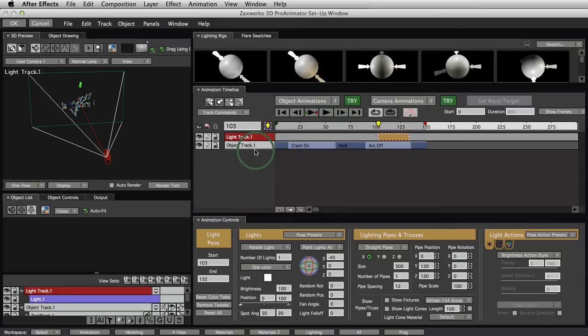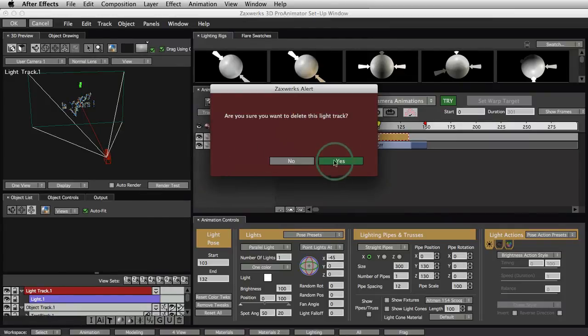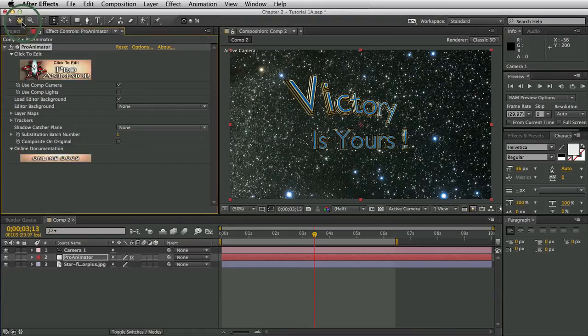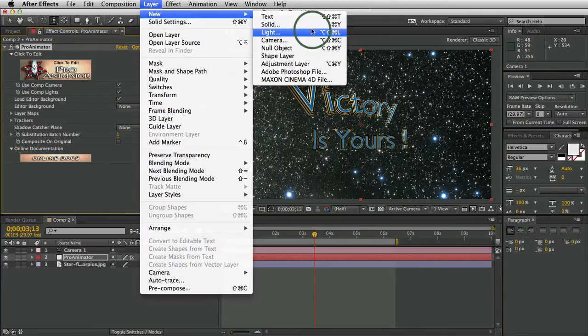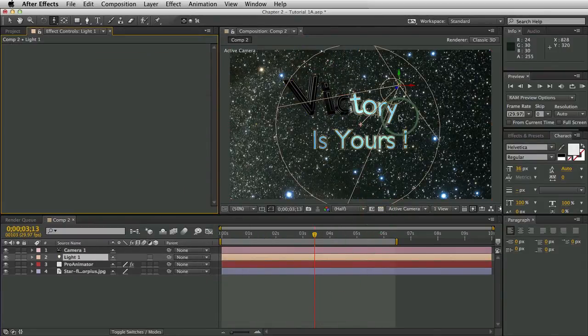However, sometimes you might want to use After Effects lights, and if you do that, it's probably best to delete the light track. So we come here and we go delete track, and we just knock that guy off and then click here, and then it's time to use comp lights. Okay, whenever you're using the comp lights, you really should also use the comp camera. Otherwise you'll be moving things over here and it's not going to look like it matches up. So if you turn on comp lights, of course there are no comp lights here right now, but that's what you would do. You would add a new light and say a spot, sure, there you go. And at this point now you'll see you have comp lights.